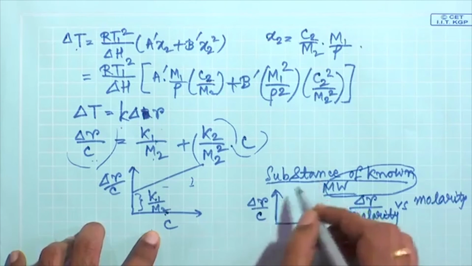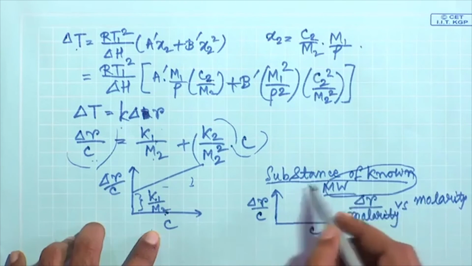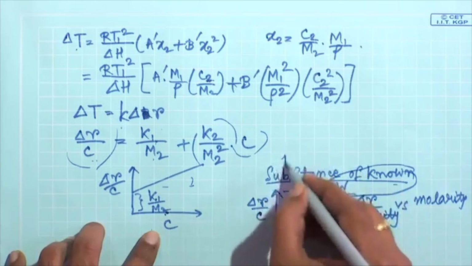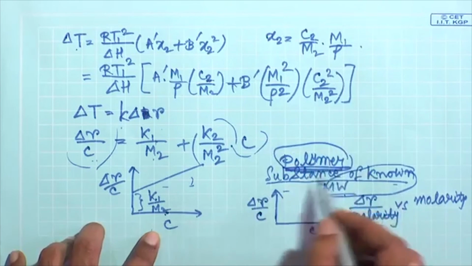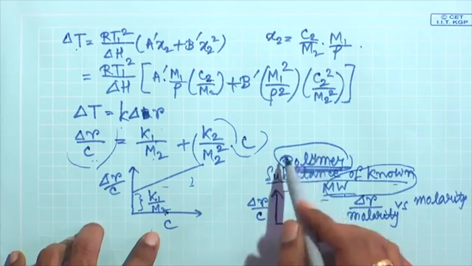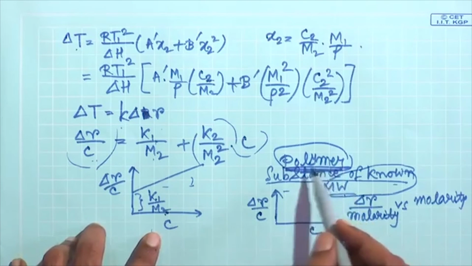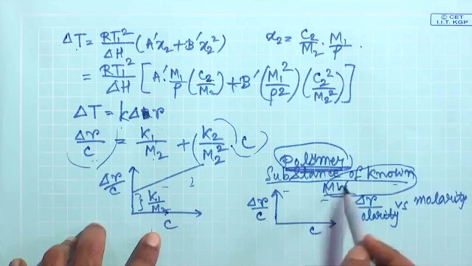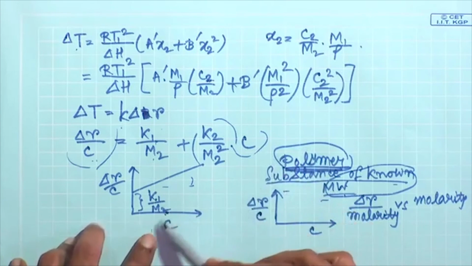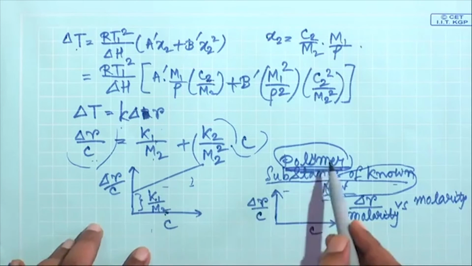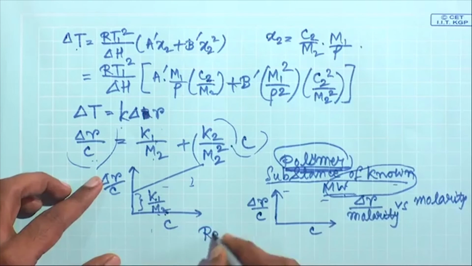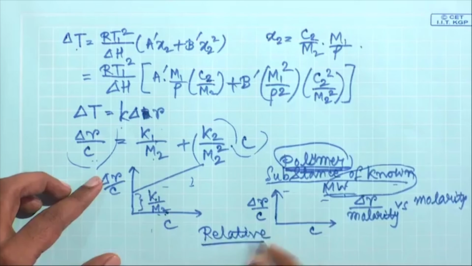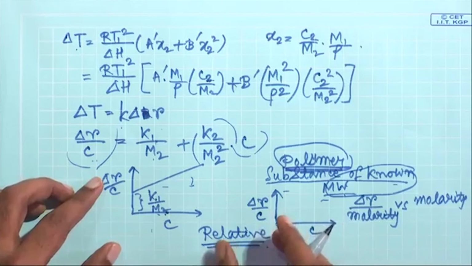unless you have already used a reference, in this case a reference substance of a polymer of known molecular weight. Of course, you are using the same polymer with the same structure, and you have synthesized it in a controlled fashion with known molecular weight, or you have determined this value of m by some other method and you are putting that value of m here, the number average molecular weight. So, this is basically a relative method of determination of molecular weight.